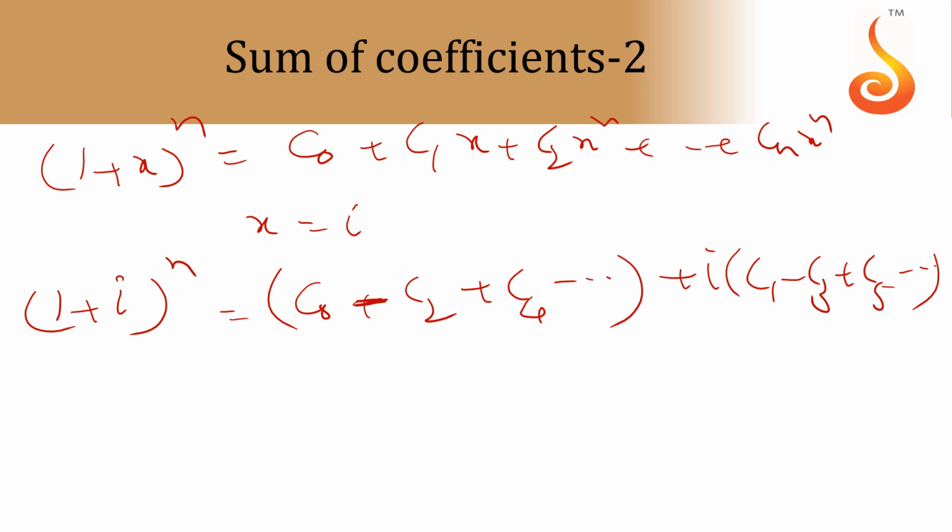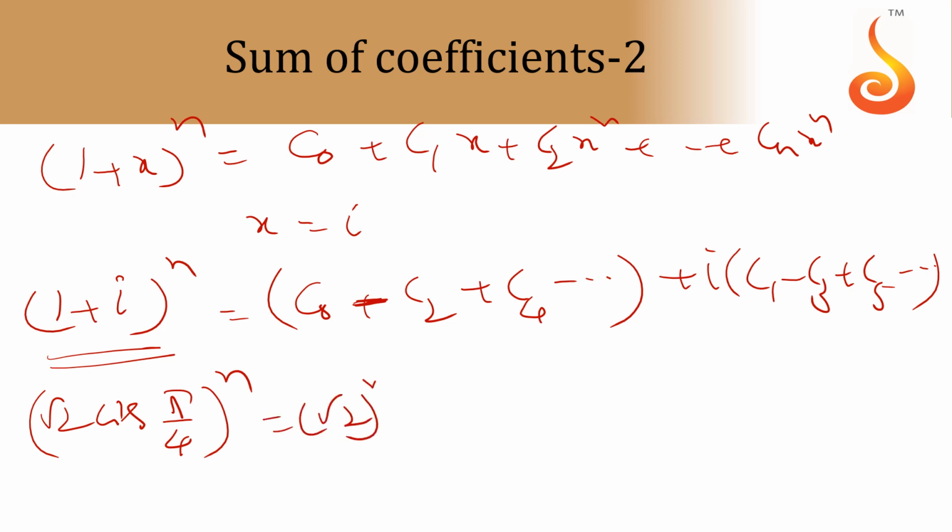This (1 plus i) whole to the power of n also, by using De Moivre's theorem, you can expand in the form of a plus ib. That is (root 2 cis pi by 4) whole to the power of n, which is nothing but (root 2) whole power n cis n pi by 4, which is cos n pi by 4 plus i sin n pi by 4. So if you compare real part with real part, imaginary part with imaginary part,